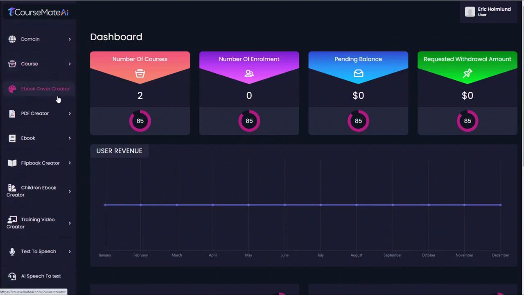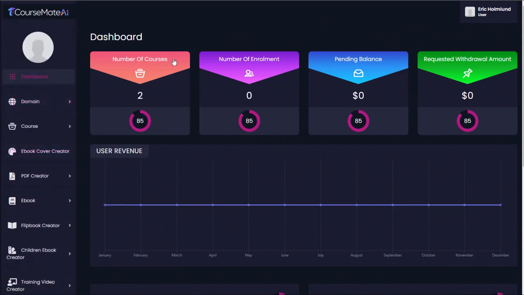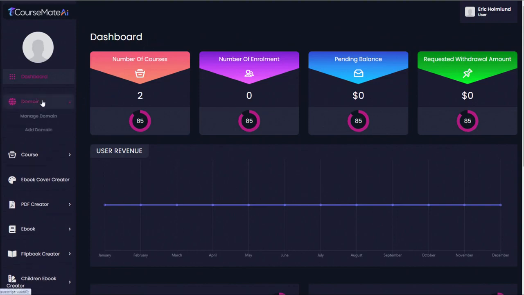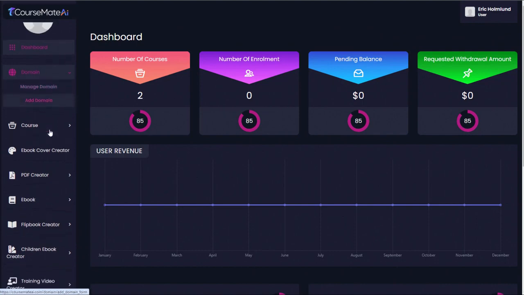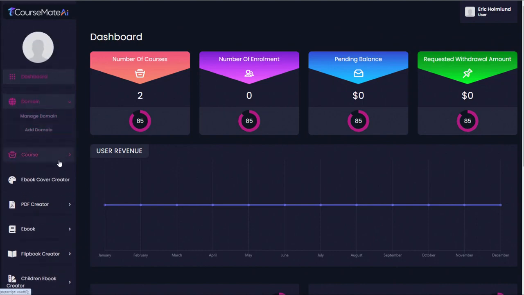The biggest difference, of course, is that you will have higher limits, and in many cases, the limits completely removed from your account. You can have unlimited academies, unlimited courses, unlimited training videos. There are also some additional features that will be added to your account in the Pro edition. For example, for domain, instead of just being able to choose a subdomain, you could also point your own custom